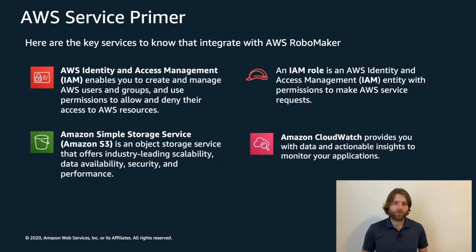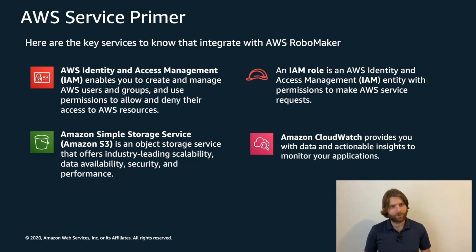These are some of the core services that you're going to want to know before you get started with your simulation in the cloud. So first we have AWS Identity and Access Management. This capability enables you to control and secure access to resources that you provisioned in AWS through defining permissions to users, groups, and roles. We'll highlight how IAM roles are used with AWS RoboMaker to allow your simulation to access services like Amazon S3